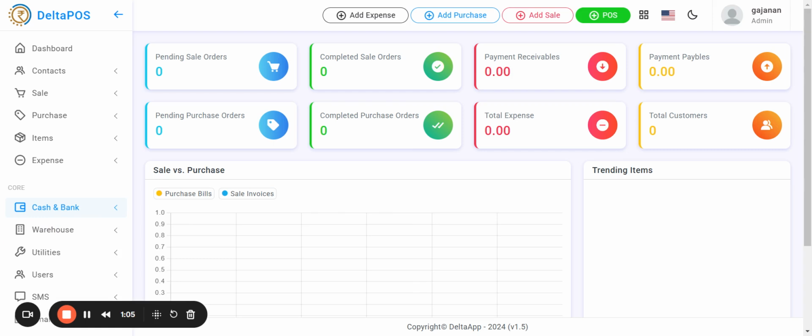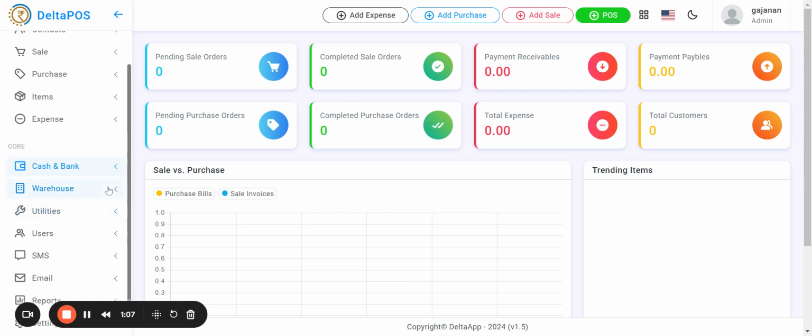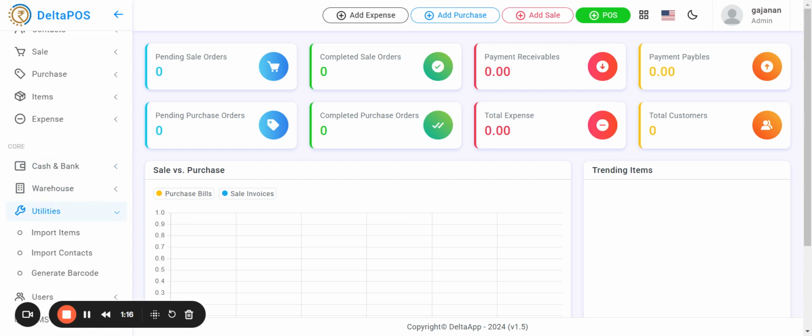After that, the warehouse is a module where you can transfer items from one warehouse to another warehouse, and a utility area, or utility tab, is there. In the utility tab, you can import items using an Excel sheet. Also, you can import contacts, and you can generate the barcode of items. Also, you can create users like